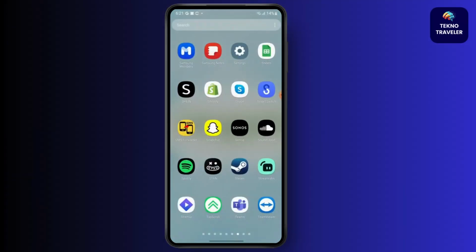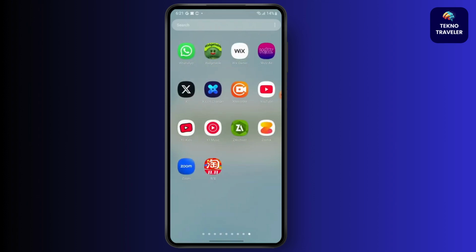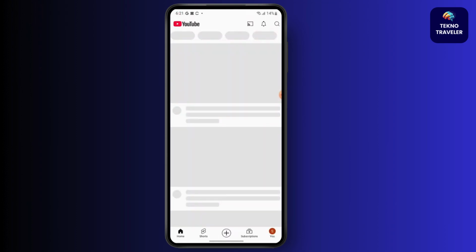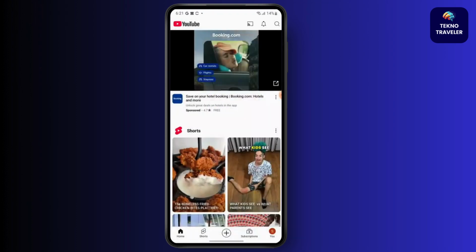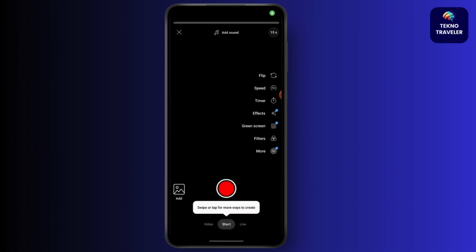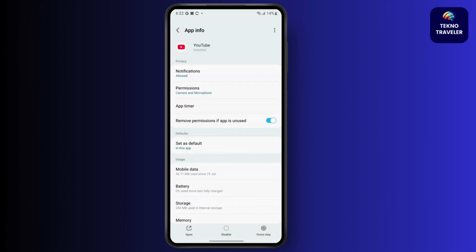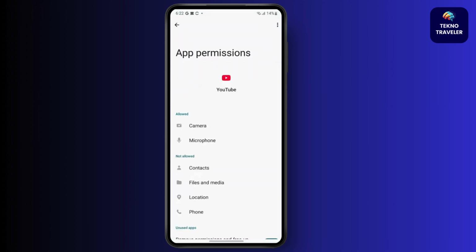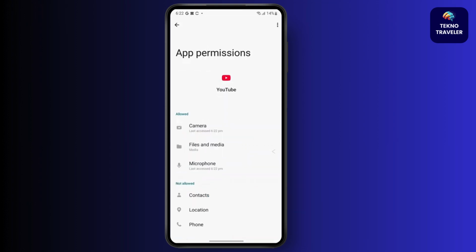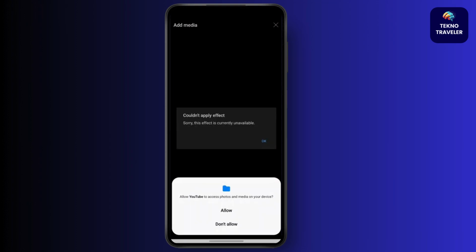So posting a picture on YouTube is very simple. Open your YouTube application. You can either do it on your mobile phone or your desktop. Then you will see this plus icon in the bottom middle section. Tap on it. Then go to add gallery icon. Now give access to your gallery if you have not already. So simply give access, and now you will be able